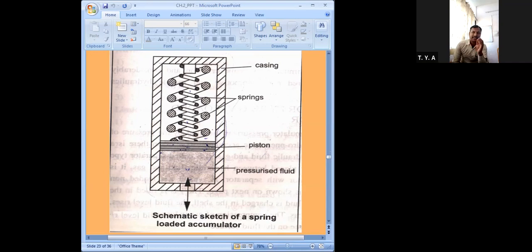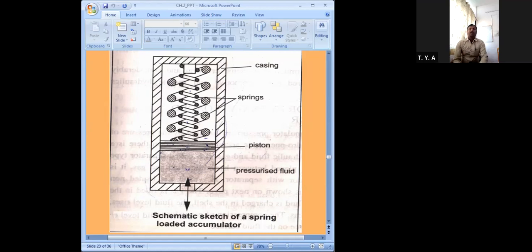quickly you will realize that in the dead weight type, on the piston there was the dead weight, and here a spring is there. That means to give the load to the ram, the plunger or the piston, the dead weight was there, but here a spring is there. So whenever the hydraulic pump is going to supply pressurized